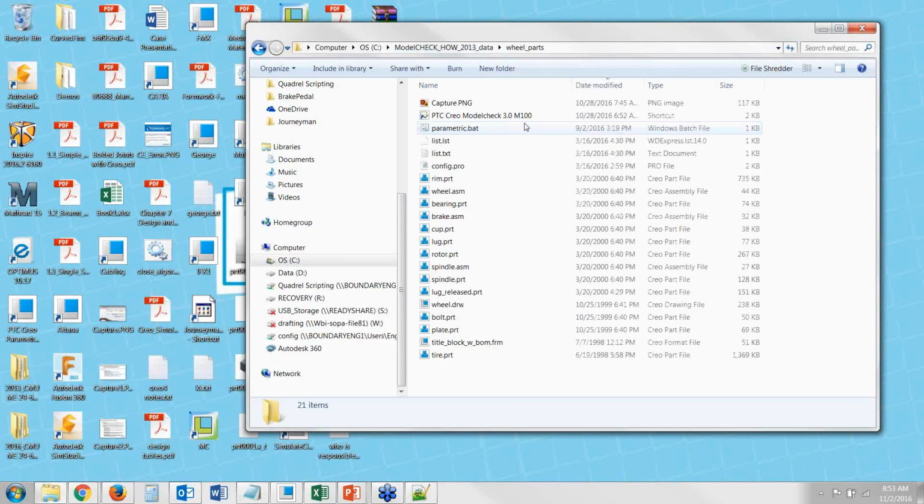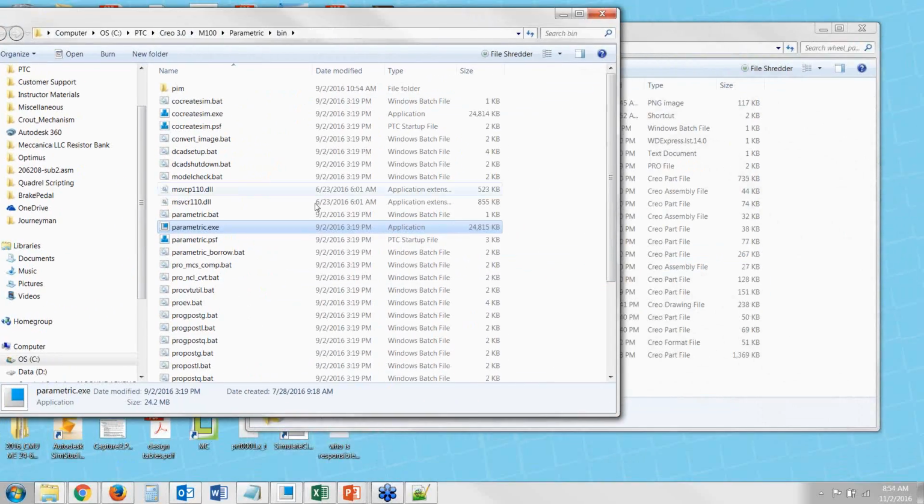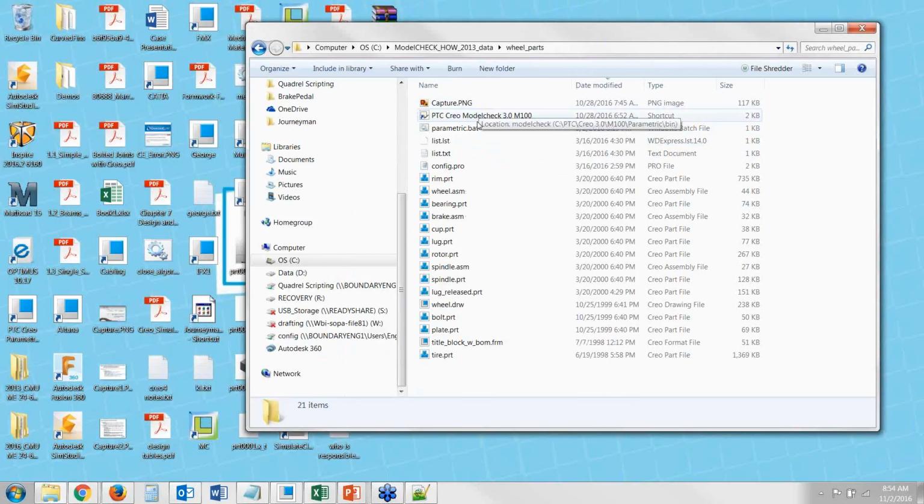Now I'll switch back to the folder where we have all our parts, and the other thing we want to do is we want to go where Creo is installed on our computer. So say open file location, and we just want to make a copy of the batch file, so parametric.bat in this case. Make a copy of that in the folder where we have all our parts, right? Now, once we have this in there, the way we would run the checks is to start the